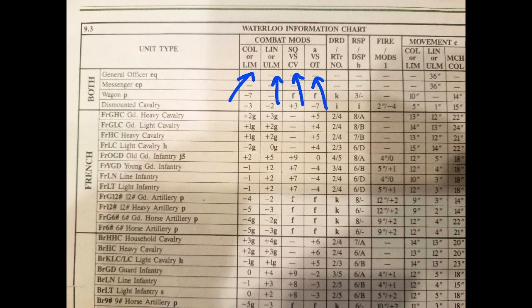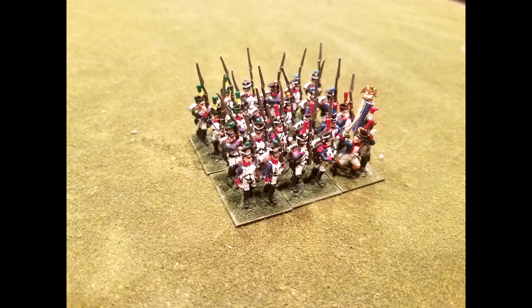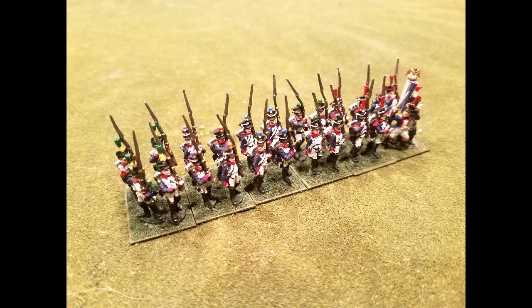The 4 combat mods columns give a unit's combat modifiers, depending on the unit's current formation and/or situation. For example, the French line infantry in column formation, COL or LIM, has a -1 modifier. In line formation, LIN or ULM, the modifier is +2. A unit's formation always determines the modifier unless there is a versus other